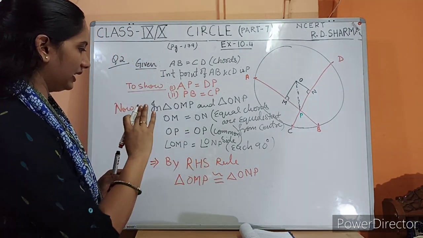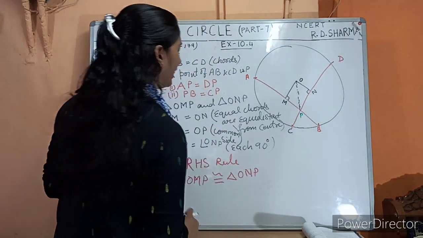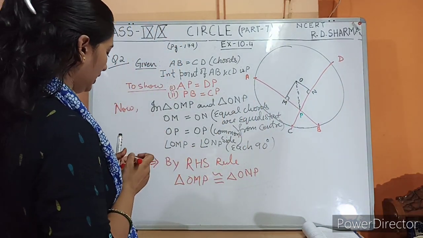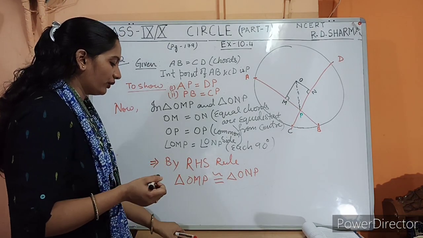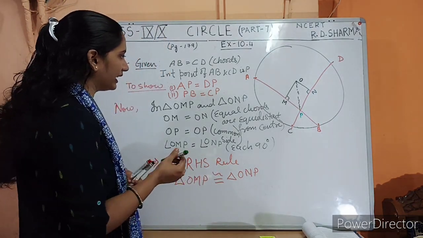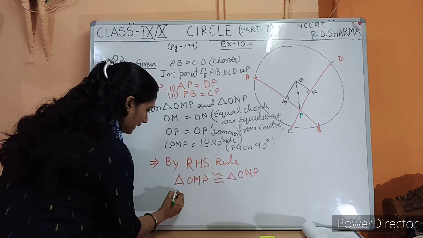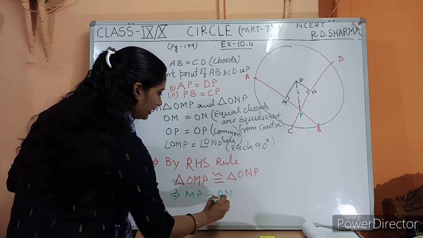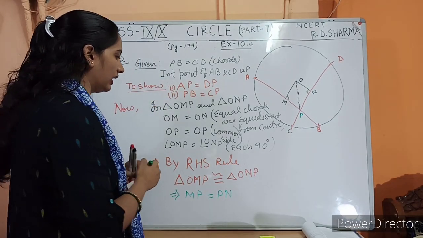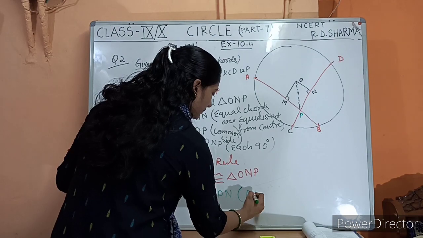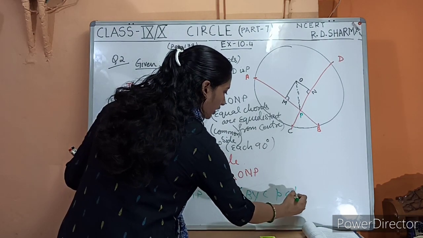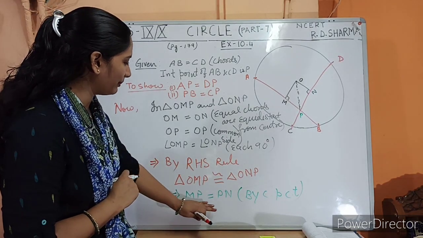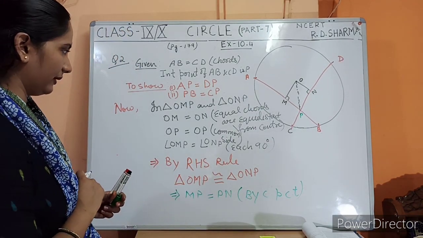I hope till here the question is clear. We have just now proved that ये वाला triangle और ये वाला triangle आपस में congruent है. Now after proving this congruency, can't we write here MP must be equal to the part PN? ये होगा ना? Yes होगा. Why? By CPCT, corresponding parts of congruent triangles. Okay, so by CPCT the part MP must be equal to the part PN.